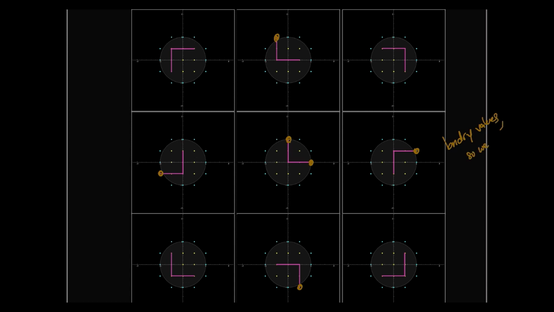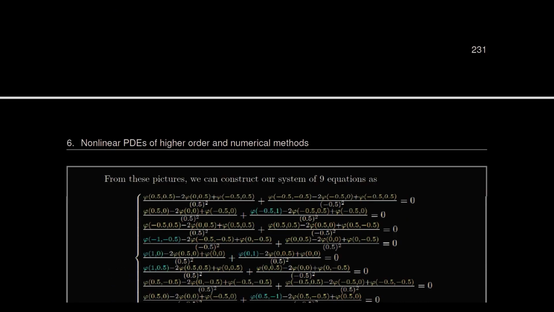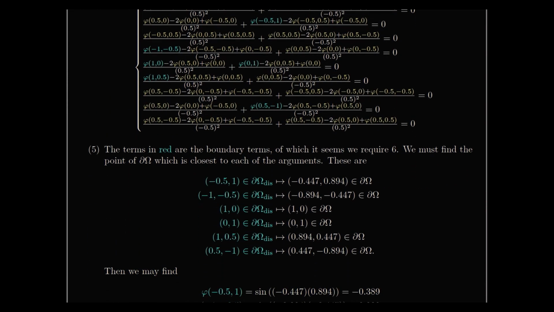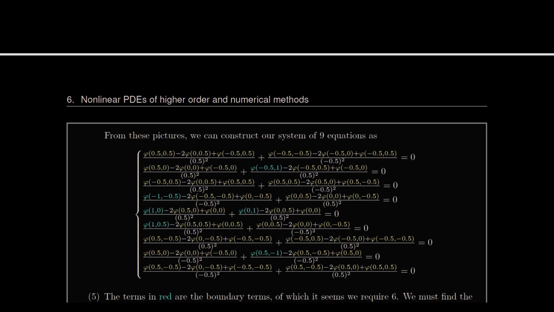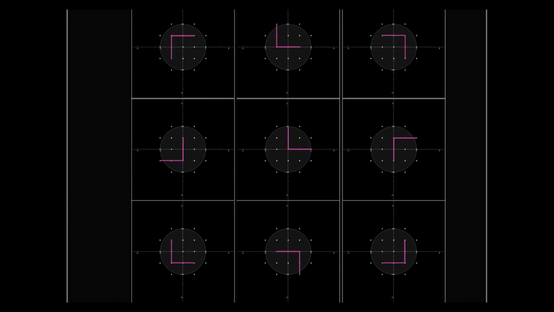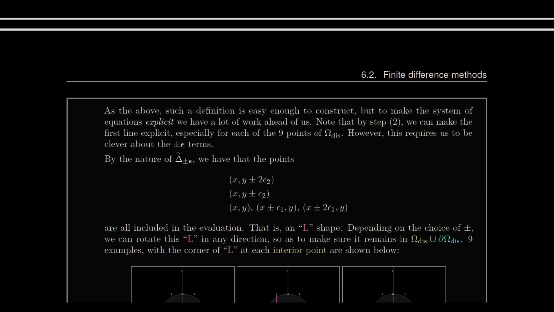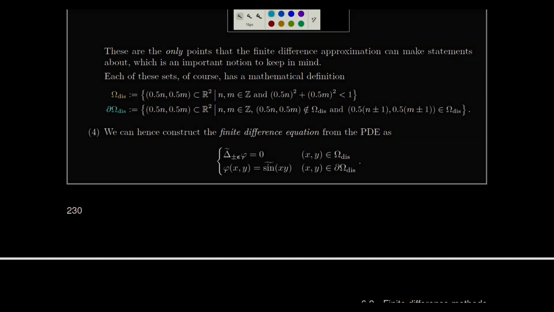So we need to know really tilde sign at those values. We have to assign phi at each of those values some sort of number. And so we do that in step 5. But before we get there, I'm going to translate this collection of 9 pictures, which really does represent this collection